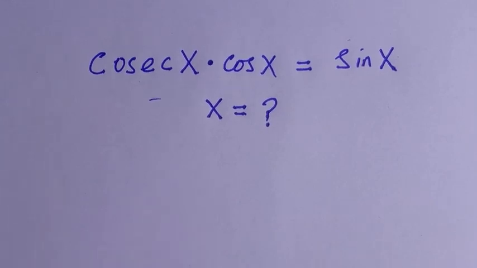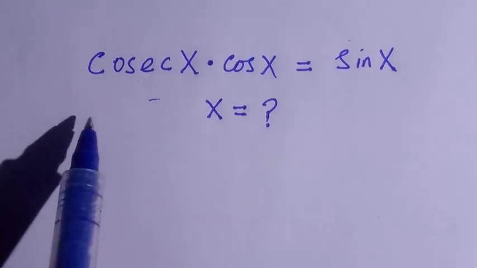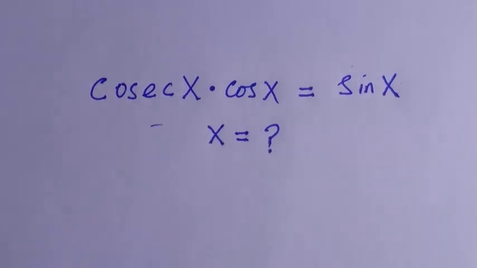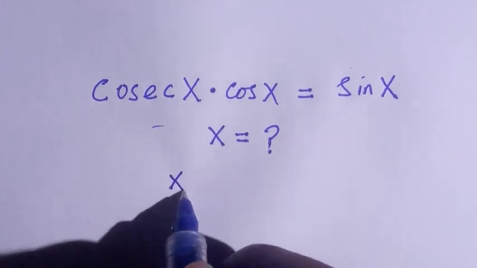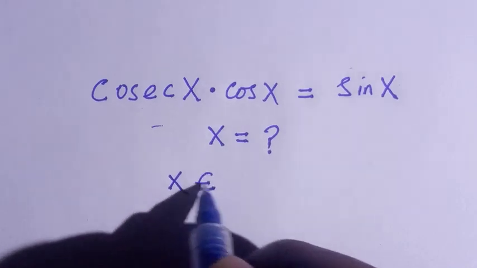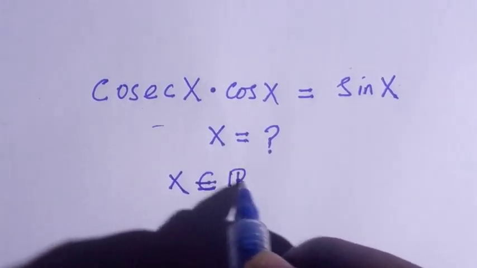In this video, I'm going to show you how to find the value of x if we have cosec x multiplied by cos x equals sin x. To solve this, we should know that the value of x here is always an element of real numbers,